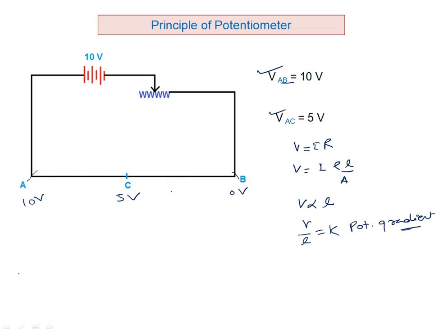What is important here? What are we observing? This is the direction of flow of current. We are observing that in the direction of flow of current, potential is decreasing. And same thing, potential gradient: if an L meter length has the potential difference V, then 1 meter length has the potential difference V by L. It is known as the potential gradient, potential per unit length.